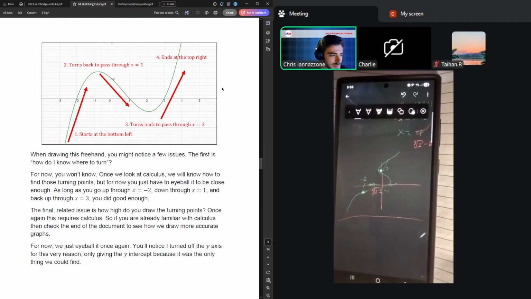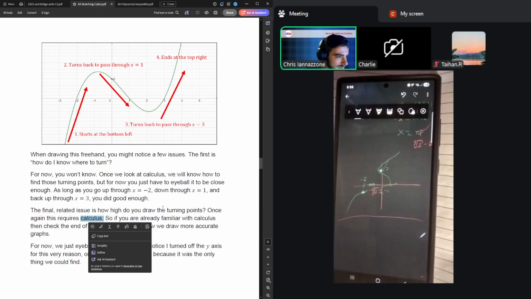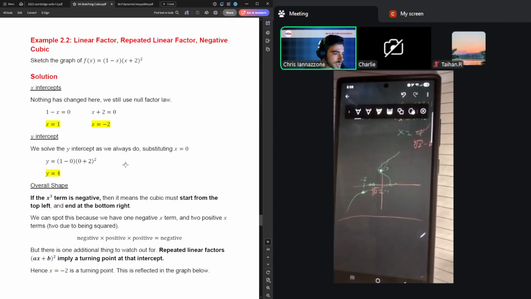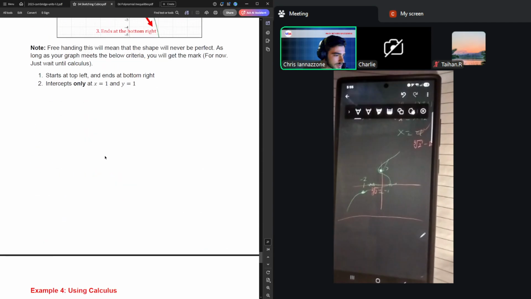Surprisingly, finding those turning points is a reasonably challenging ordeal, oddly enough. You actually have to go all the way to the calculus section of methods before you can find those. And when you do get up to calculus, you'll realize that the amount of work it would take to do that, at least by hand, looks like